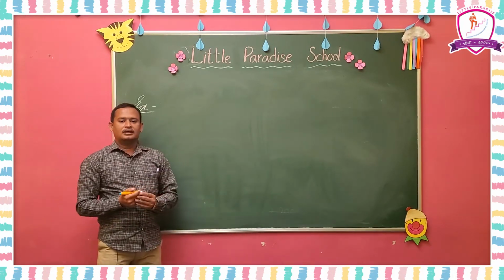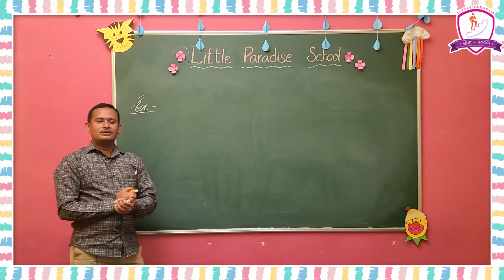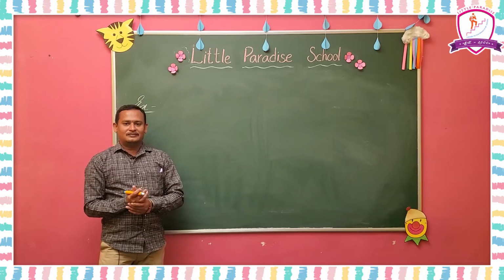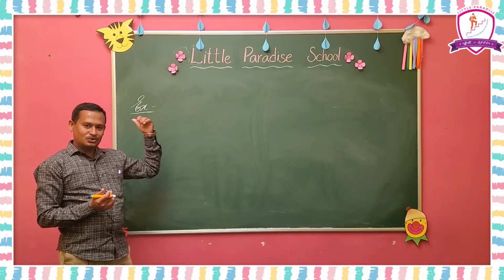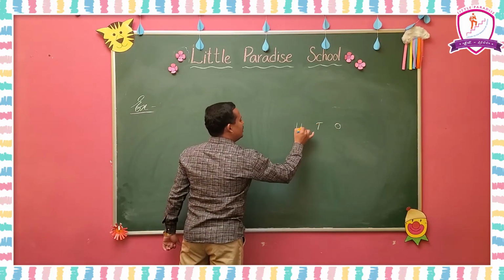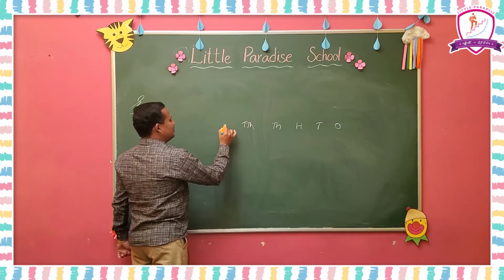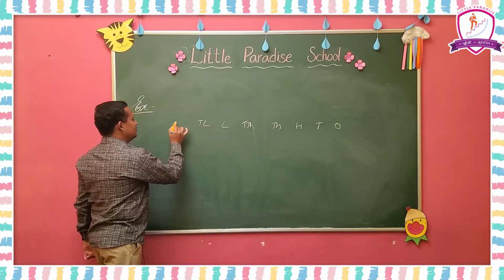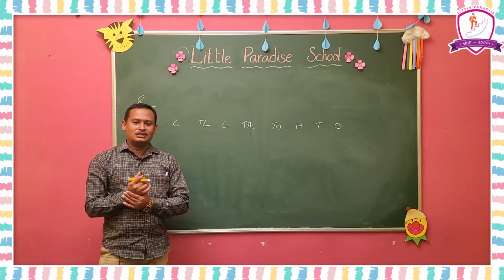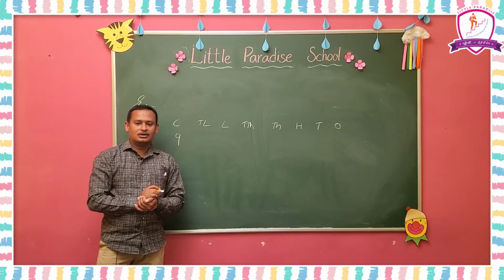This example: write the numeral for 9 crores 4 lakhs 42. 9 crores. So the highest place here is crores. Crores means it is the Indian system. So according to the Indian system, you have to write the places up to crore. Now I am going to write here ones, tens, hundreds, thousands, 10,000s, lakhs, 10 lakhs, crores. So what is the number in crores? 9 crores. You have to write 9 in crores.